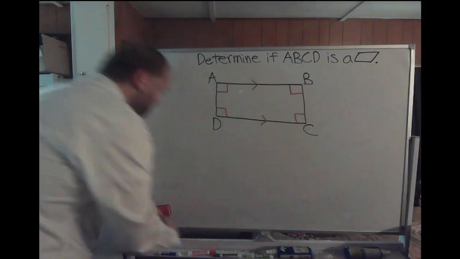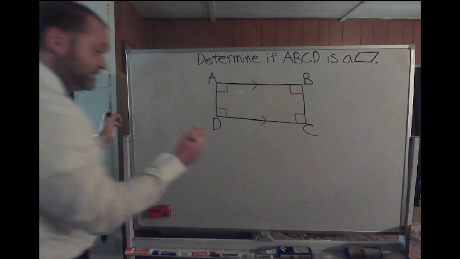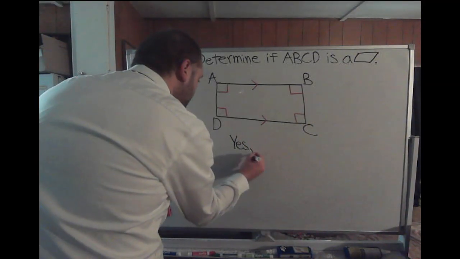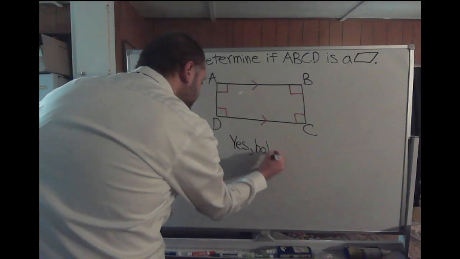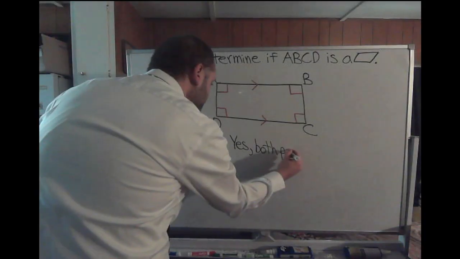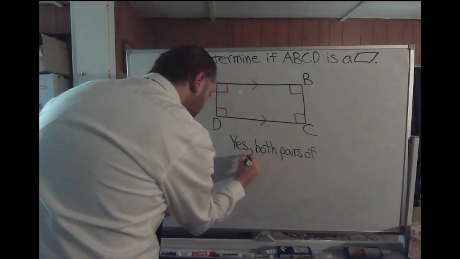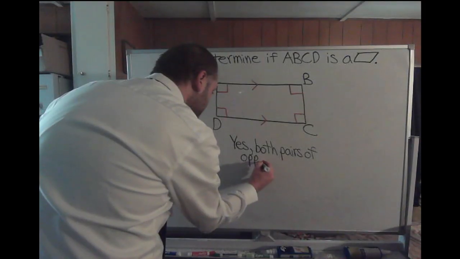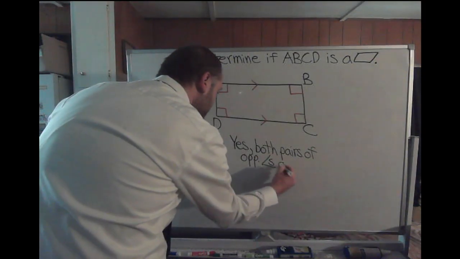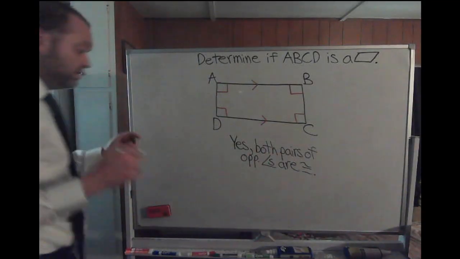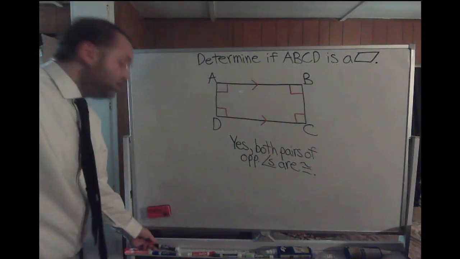So one way you can say this is a parallelogram, of course it is. You have both pairs of opposite angles congruent. That's one way to say this is a parallelogram,